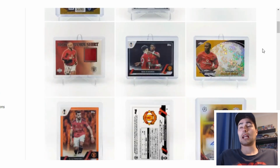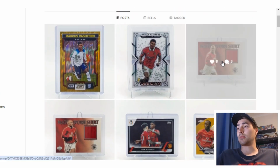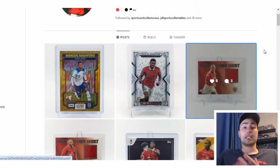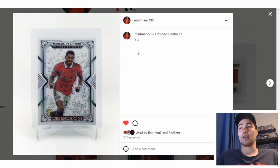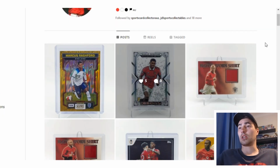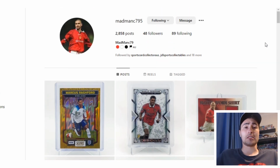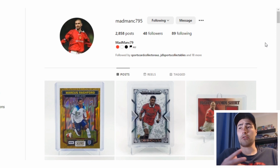He definitely does like the modern cards. He does have some cool Upper Deck cards from 2000, 2002, 2003 there. But he does love modern, and it's hard not to with some of the designs that they put out. Some really cool looking cards, and this is a great example of that. Nice Obsidian Contra out of 9. Really cool looking card. But I think it's tough, specifically, for collectors of, say, Manchester United, where they're in so much